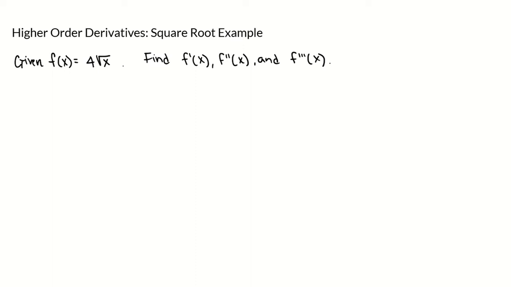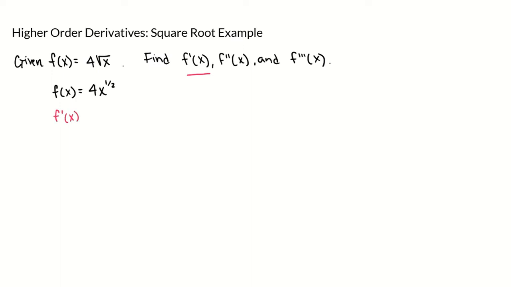by rewriting this function. I find it easier to find the derivative if we write an exponent instead of a square root. So I'm going to rewrite the function as 4x to the 1/2 instead of 4 square roots of x. So now the first derivative,